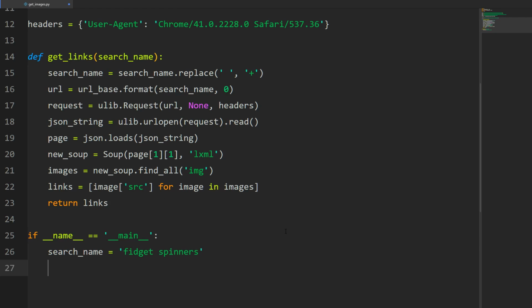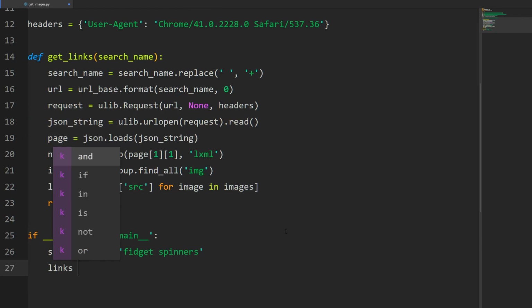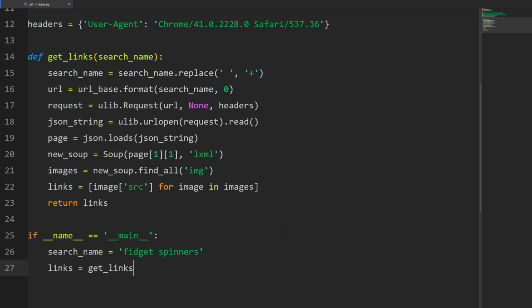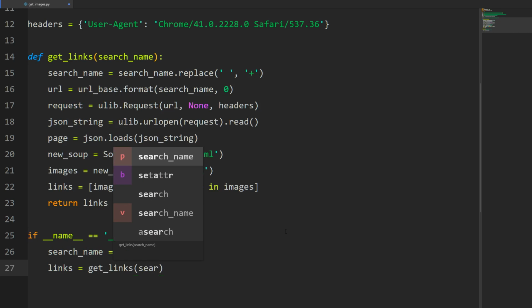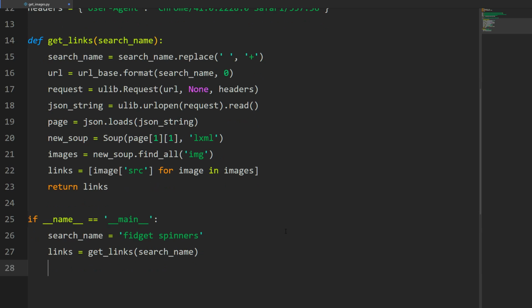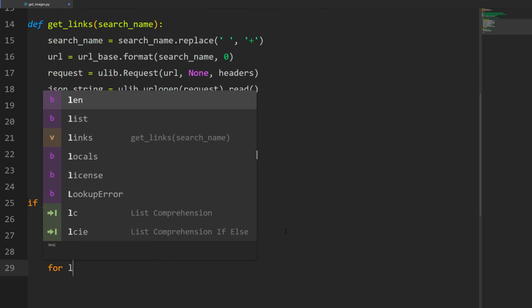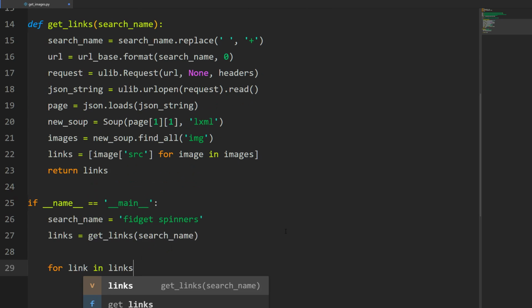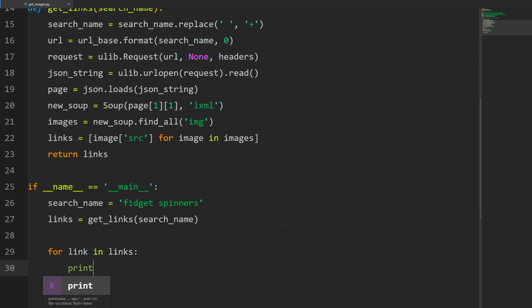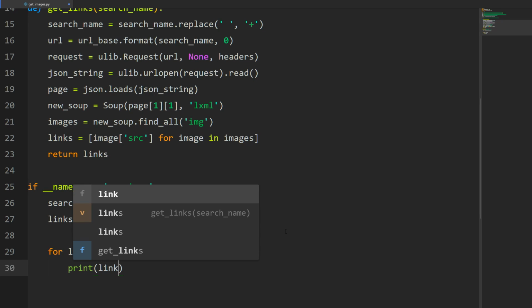Then we'll say links is equal to getLinks, and we'll pass the search name, and then for link in links, let's go ahead and print the link so we can see what